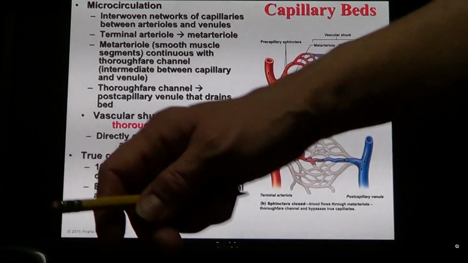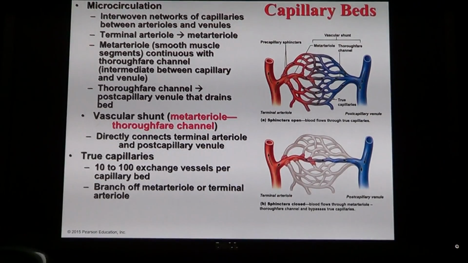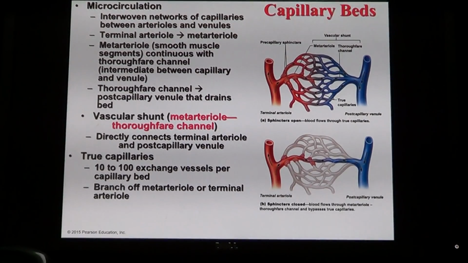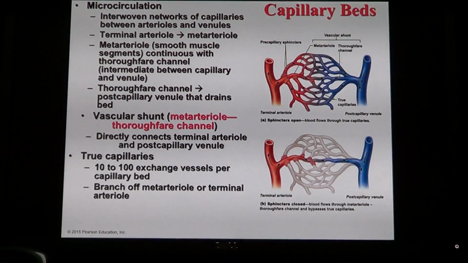Now, the capillary bed or capillary network, if you wish, whatever you wish, it's still a capillary network. It's created in every portion